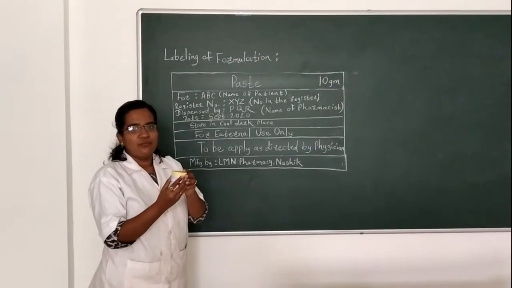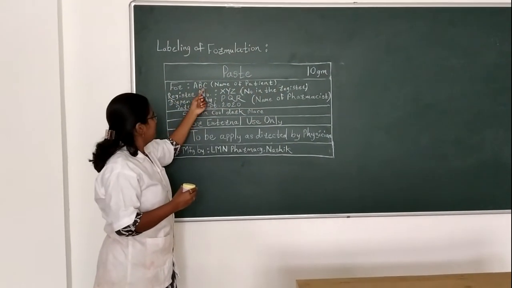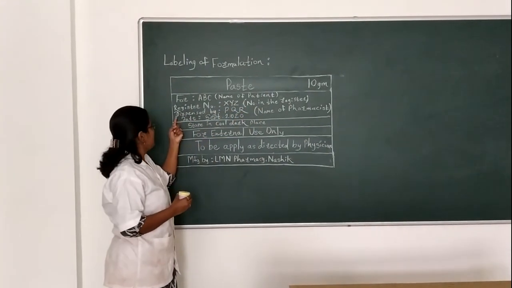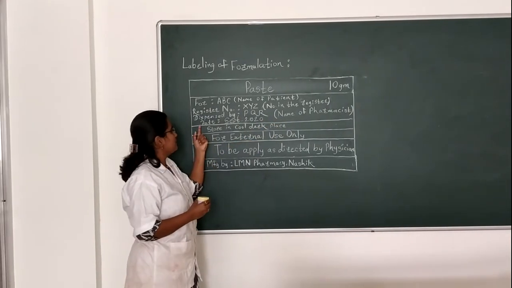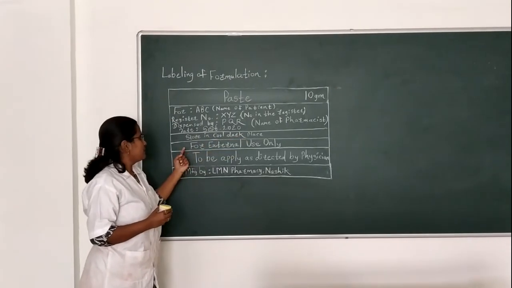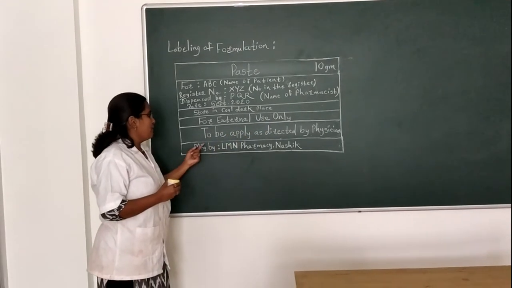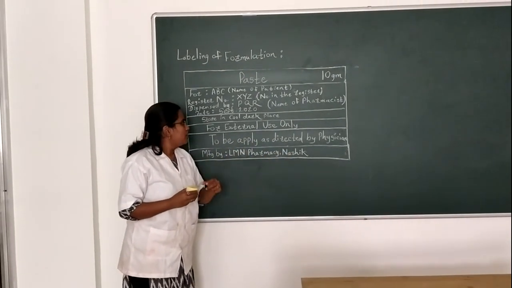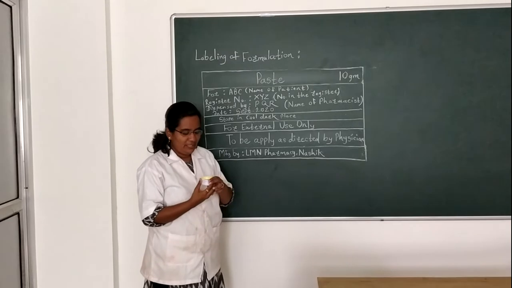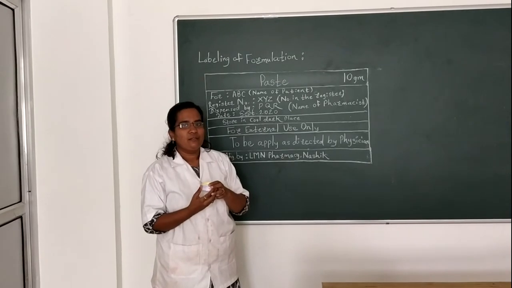So now we will move to the labeling part. Labeling of formulation: paste, 10 gram. For ABC, that is the name of the patient. Register number is XYZ, that is the number given in the register. Dispensed by PQR, which is the name of the pharmacist. Manufacturing date is September 2020. The test is submitted in this wide mouth bottle for inspection, with inspection on label as